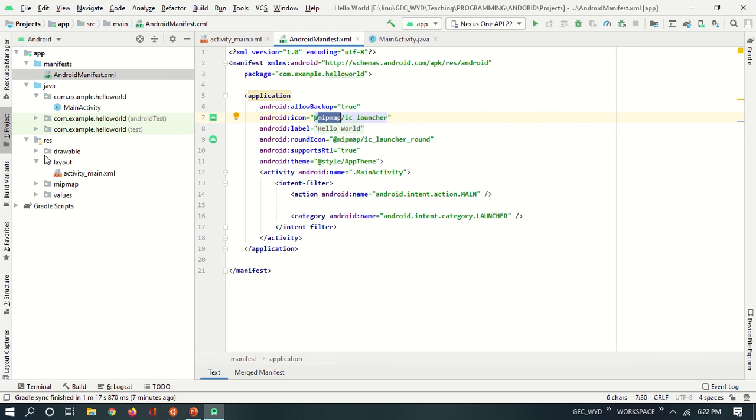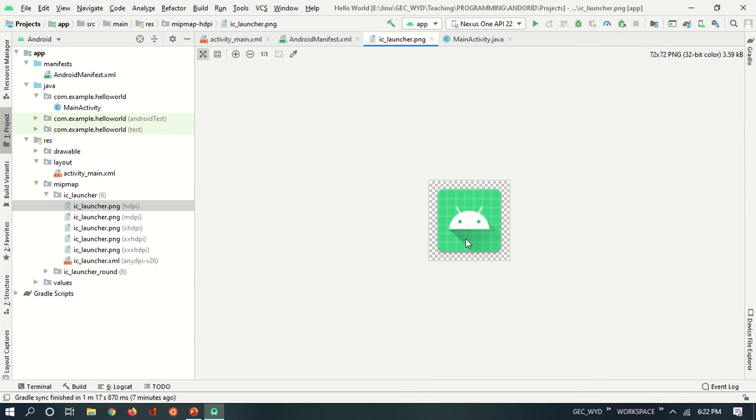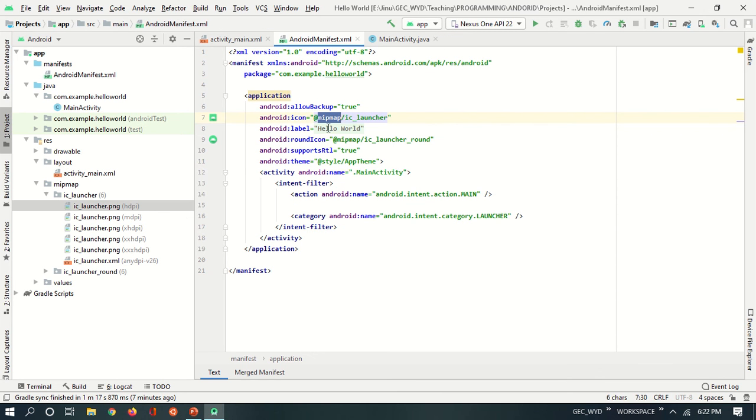So you see that in res there is a mipmap. Inside mipmap there is ic_launcher, and ic_launcher has multiple icons, or the same icon in multiple formats. So this is the icon that you are going to see for your application. Now the label is what should be the label under the icon, and you see that it is